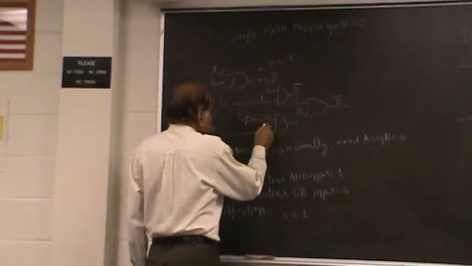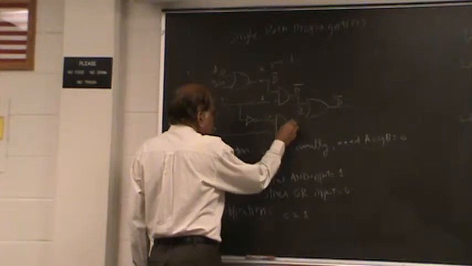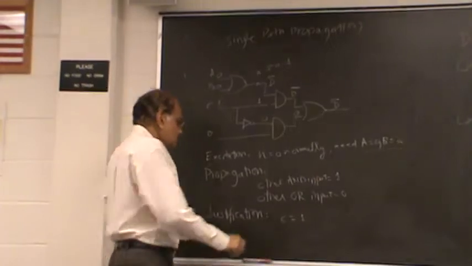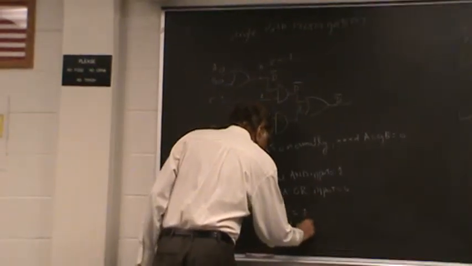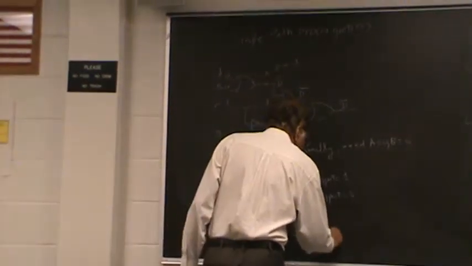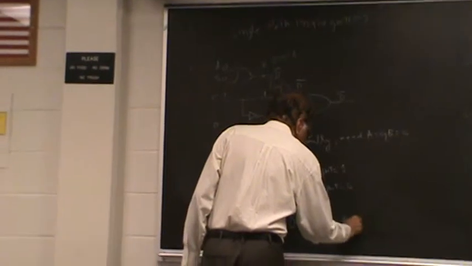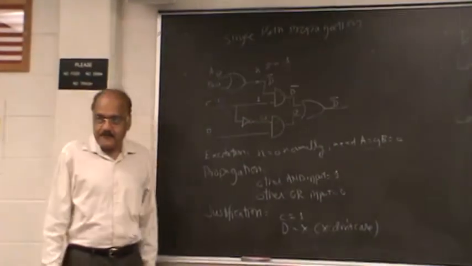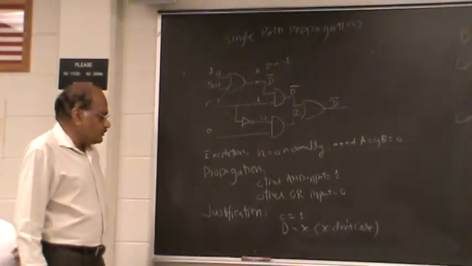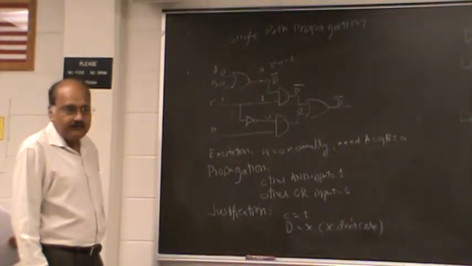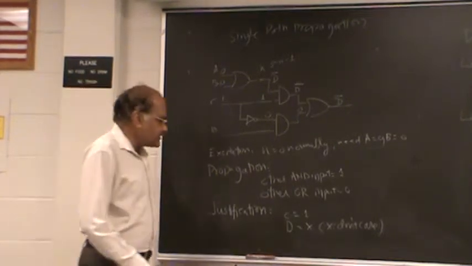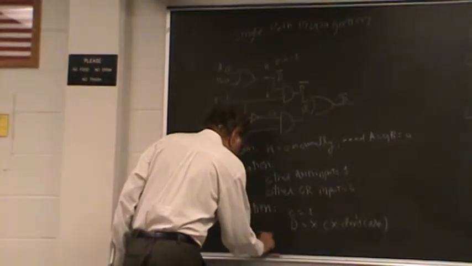That means it doesn't matter what we have here, this is going to be 0. So we could say D is equal to X, where X stands for a don't care. So that means you could make D equal to either 0 or 1. Either of them will work, and hence the test is